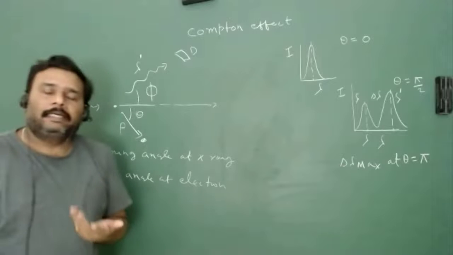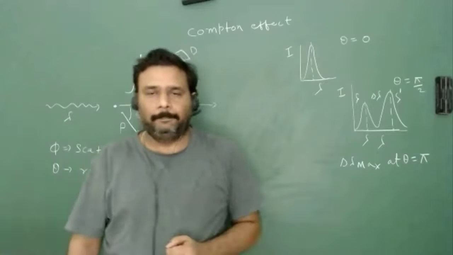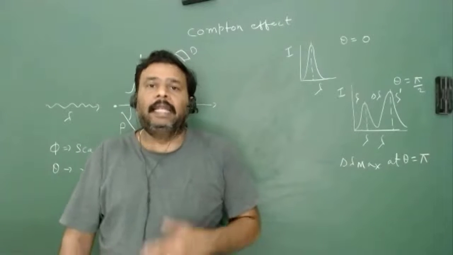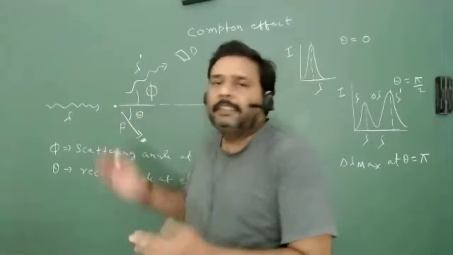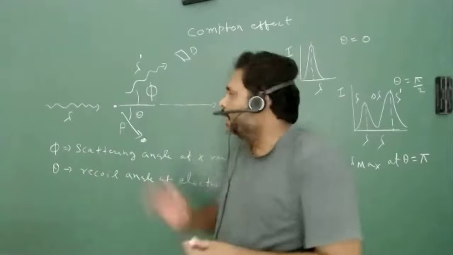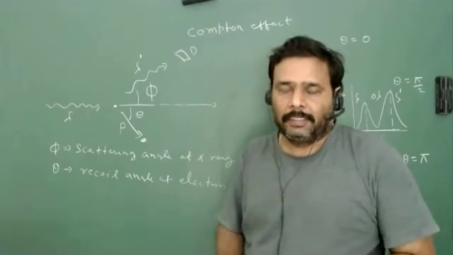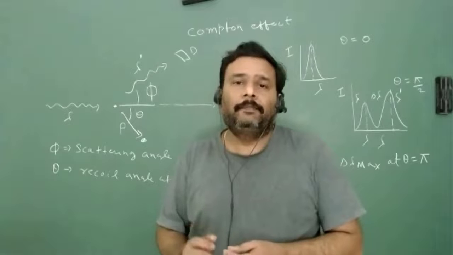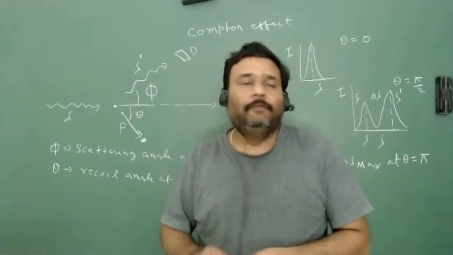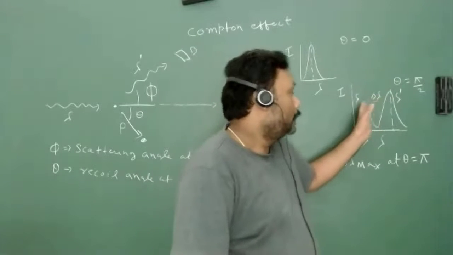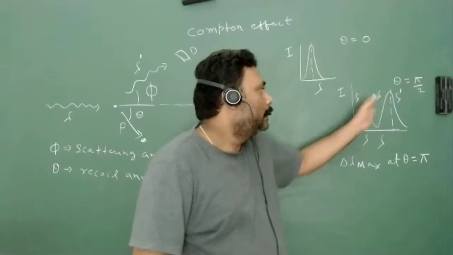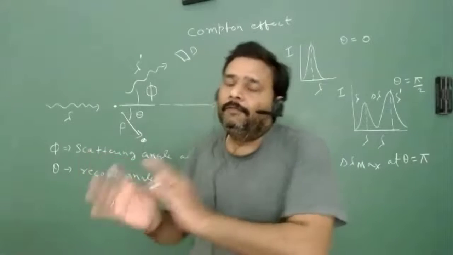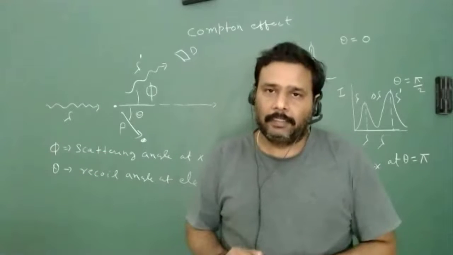So this is just like the behavior of an elastic collision. If it is an elastic collision, the energy must be conserved, and we can see that momentum can be conserved as well. Our mechanical theory of conservation of momentum and conservation of energy leads to the conclusion that there is a delta lambda, and this theoretical result exactly matches the experimental result.